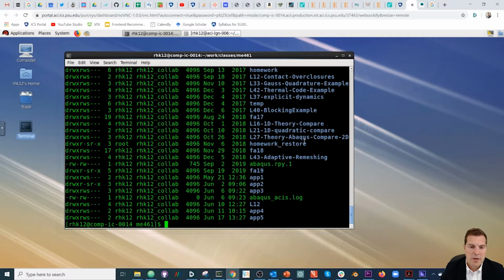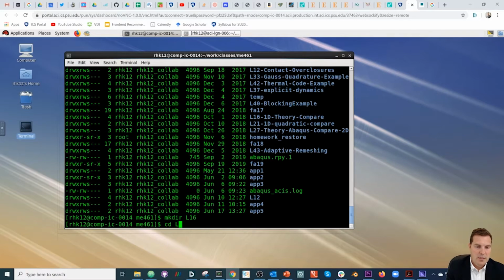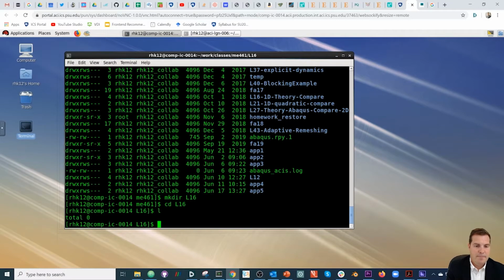What you can do is make a directory L16 theory compare. Let's just do a make directory L16. Okay, and then cd into L16. All right, so now